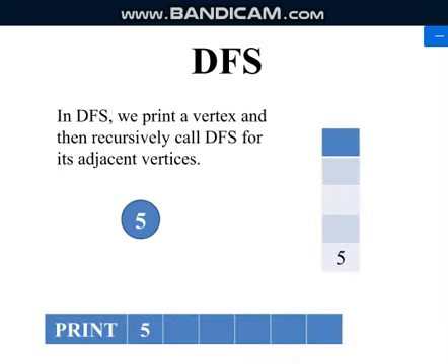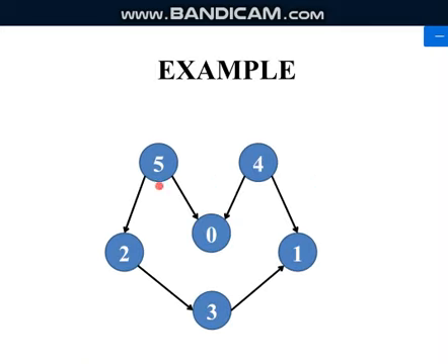First we will just see how DFS works for this. So how does DFS work? If I start from 5, from 5 where will you reach? Let us assume we reach 0. From 0 where will you reach? You won't reach anywhere, so go back to 5. From 5 where will you reach? 2. From 2 to 3, 3 to 1. From 1 you will not reach anywhere. So again we will go back to 3.